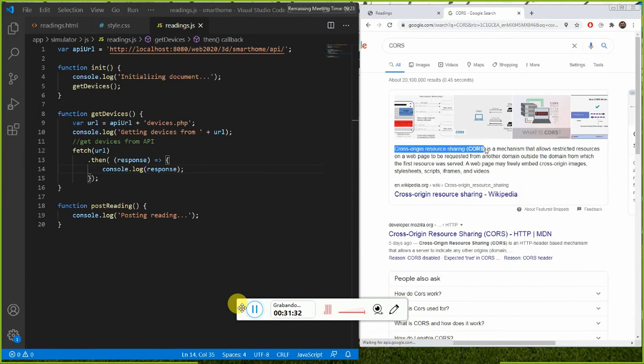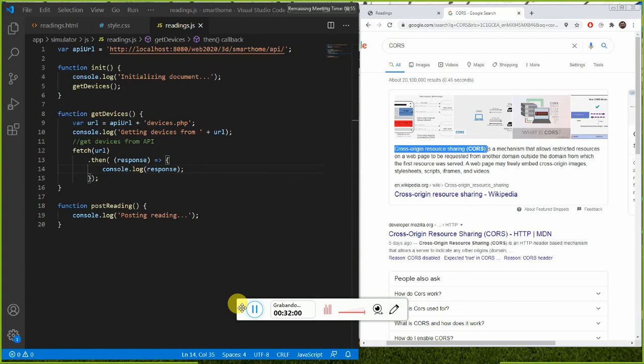What that means is that when you have a resource, be it a file, an image, an API, whatever it is, in a domain, on a server, and you're trying to access it from outside that server, in this case with JavaScript, it's not going to allow you